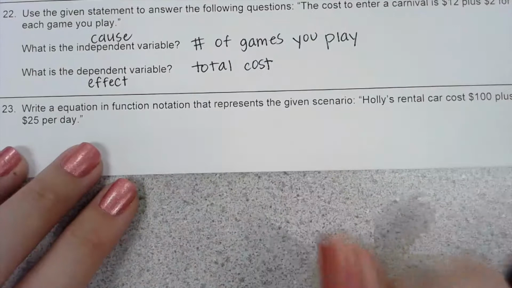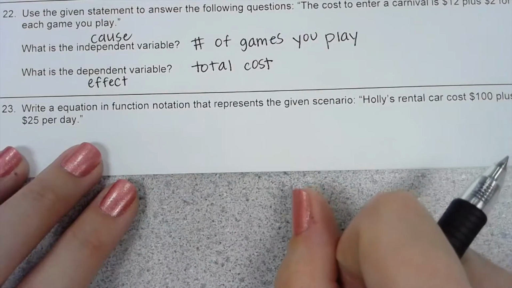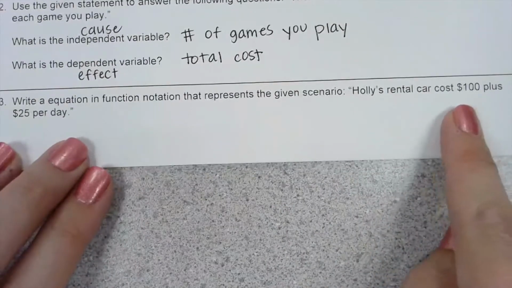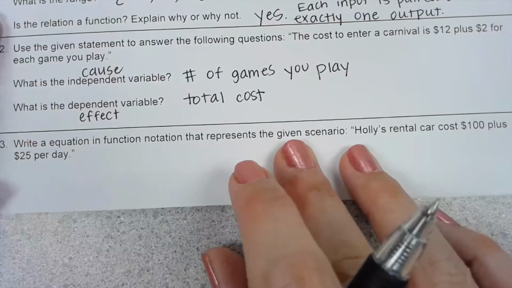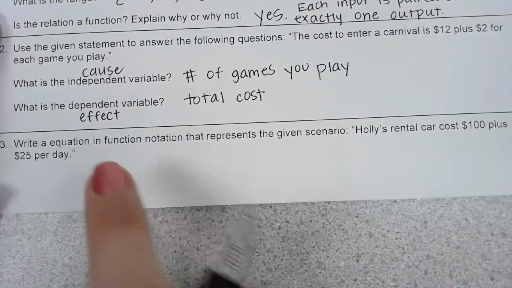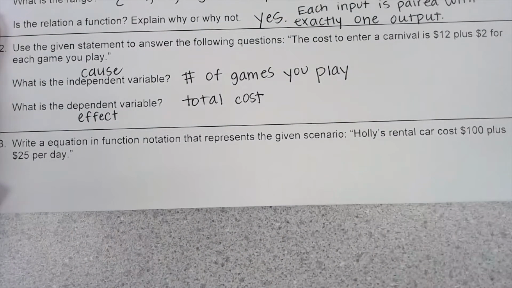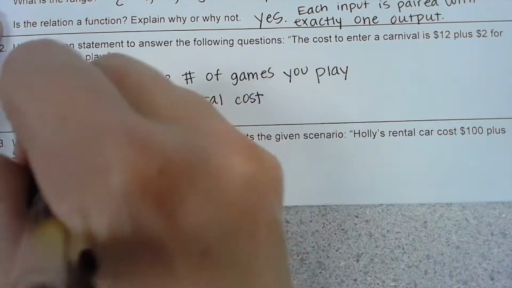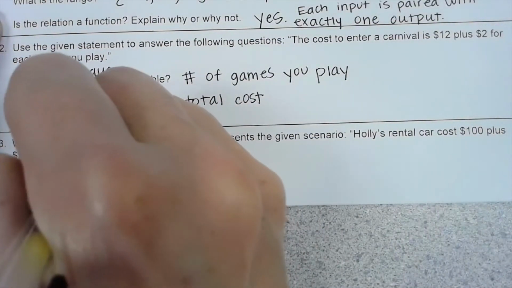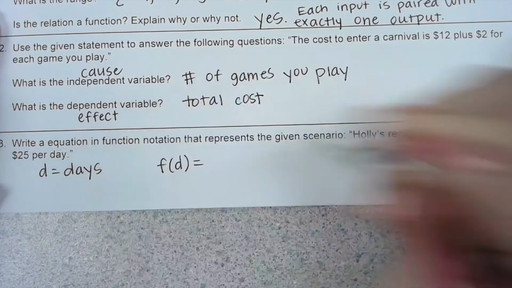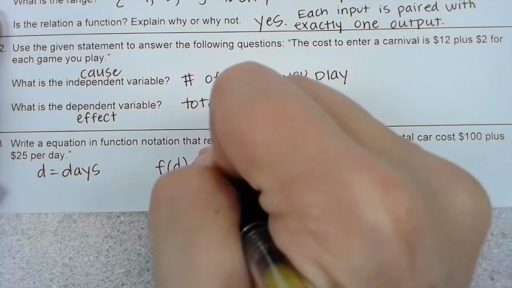Question 23 says, write an equation in function notation that represents a given scenario. So $100 plus $25 per day. It wants it in function notation. It doesn't say what letter we need to use, so you want to make a note on this that you can use any letter you want for the variable. If you let D represent the number of days that she's renting the car, the function in function notation would be f of D is equal to